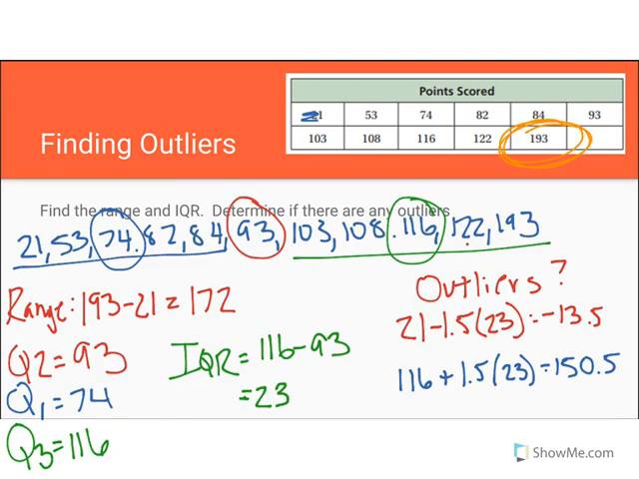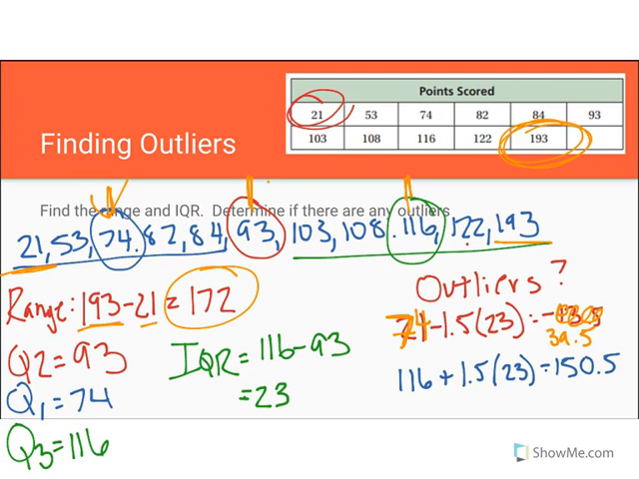Okay, guys, so again, I ordered my data here from smallest to biggest. To find my range, I take my biggest number, 193, minus my smallest, which is 21, so I get a range of 172. Divvying up my data to find my quartiles, 93 is right in the middle. 74 is the first quartile, okay, and here I got 116. Okay, so if I use these numbers for my IQR, I come up with an IQR of,